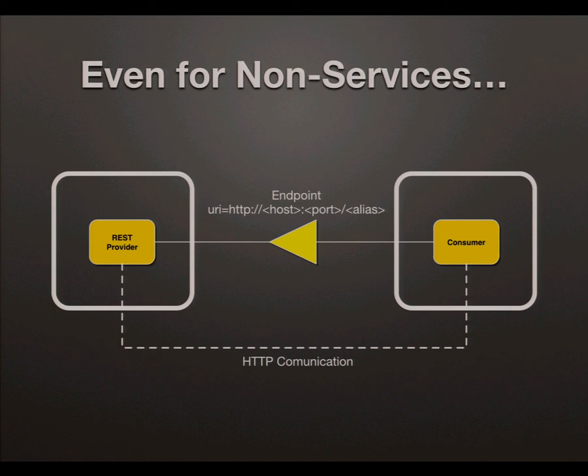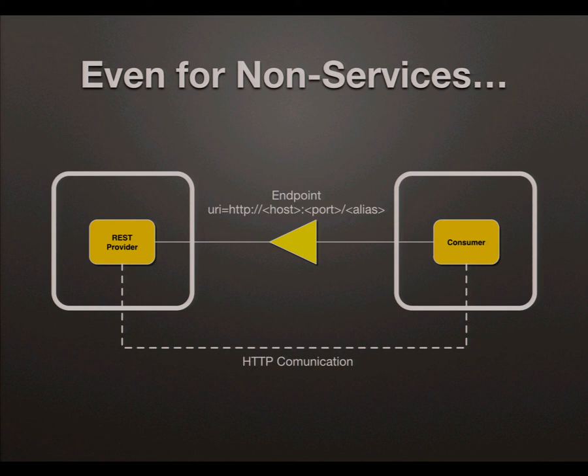At least in my opinion, it doesn't make a lot of sense to directly try to invoke a REST API through a Java object. Although you can build kind of proxies around that, and some of the REST clients, like those coming with Jersey and JAX-RS2 and so on, they're looking interesting about building some of these things. But underlying this, you want the HTTP communication, and let's say over here I have a consumer that wants to talk to that REST endpoint using HTTP. Well, how does he know where it is?